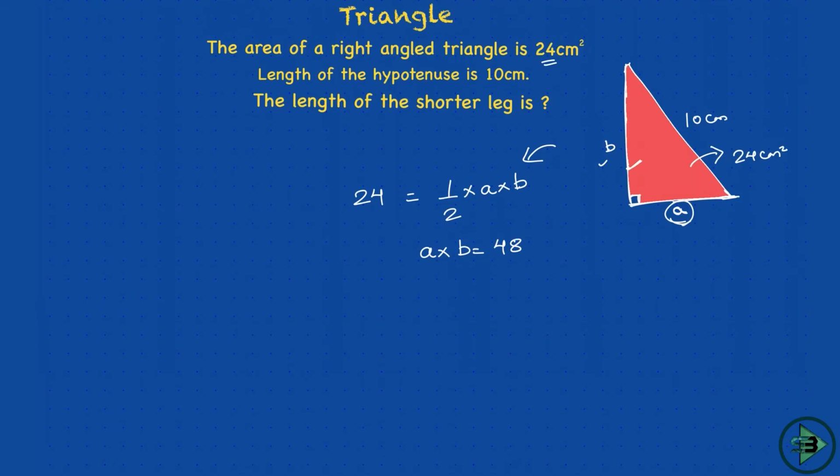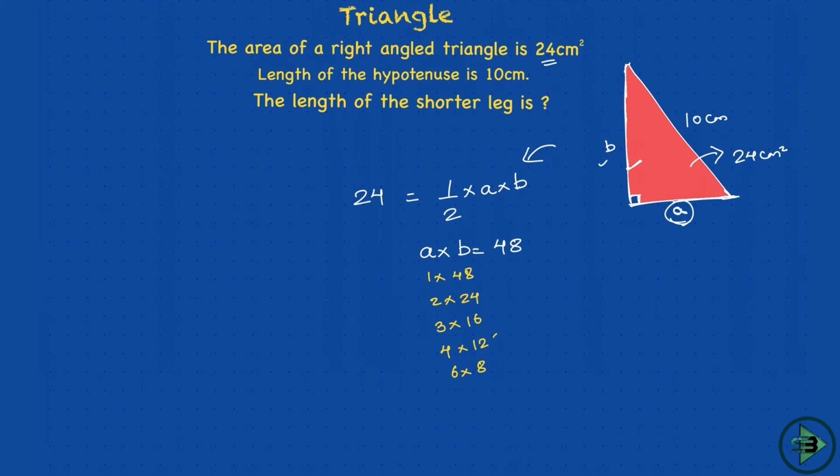Now there is a problem here. I don't know, this could be 1 into 48 or 2 into 24, or you can say 3 into 16, or 4 into 12, not by 5, 6 into 8. Will it go by 7? No. Will it go by 8? 8 into 6 is nothing but 6 into 8. Then 9, 10, 11, 12, it'll all be the same then. 12 into 4 is same as 4 into 12, so it doesn't matter here. I am still confused what will be my A and what will be my B.